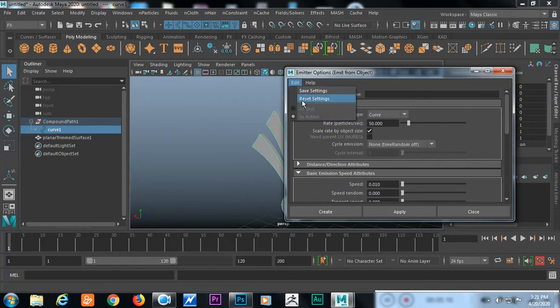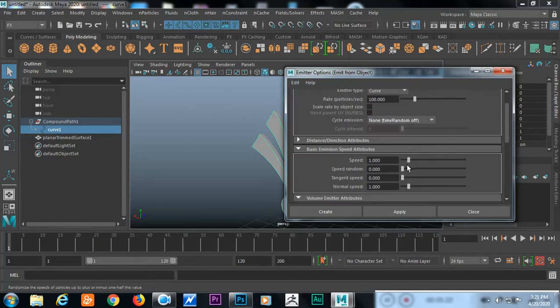Or if you want, just reset the settings, and for emitter type, just take a normal curve. Speed, I don't want that to increase so much, I'll decrease the speed to 0.67 or just 0.1.